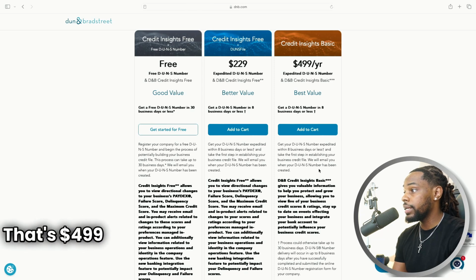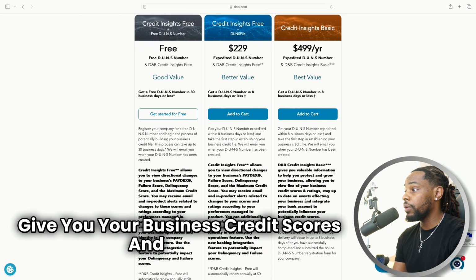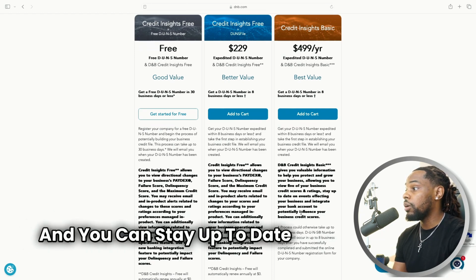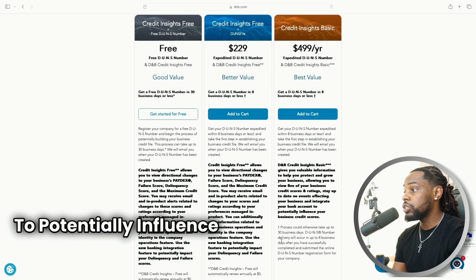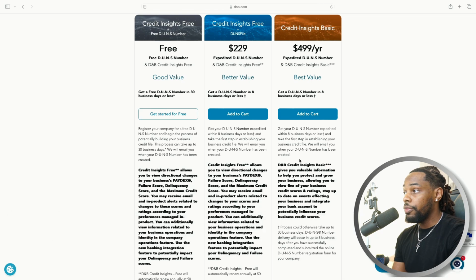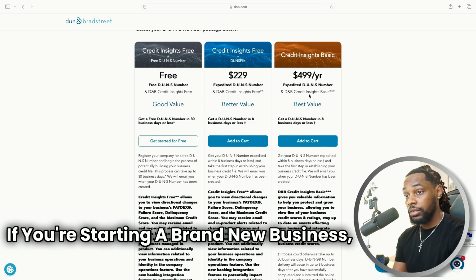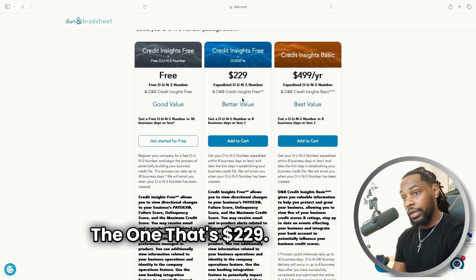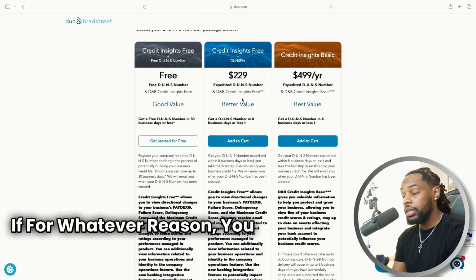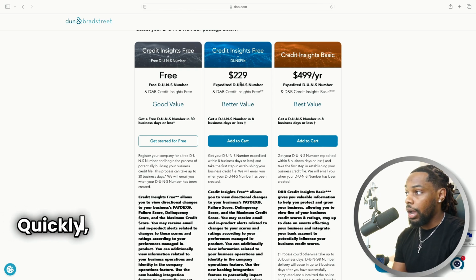That's $499 per year, and that's going to give you your business credit scores and rating, and you can stay up to date on events, and it will integrate your bank account to potentially influence your business credit score. This is something where I feel like you don't need it if you're starting a brand new business. We're not going to need this yet. The one that's $229, if for whatever reason you need your DUNS number fairly quickly, I will go ahead and